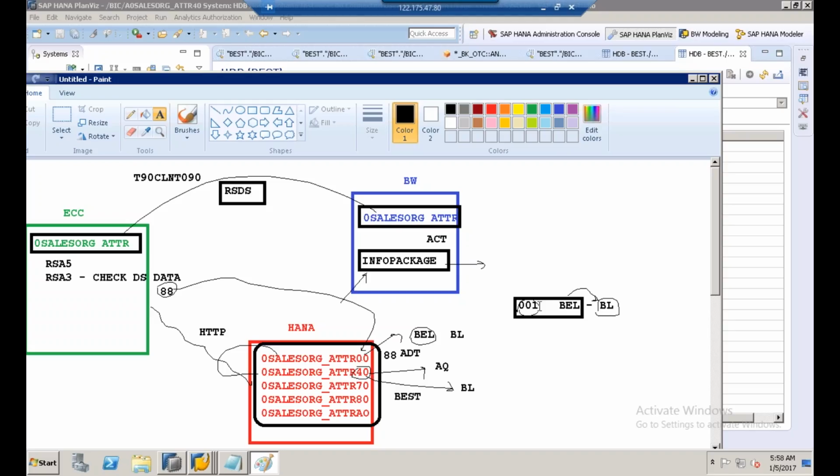So first it will receive data. The 40 table is in a position to receive data. Once it is in a position to receive data, then there is a logic between 00 and 40. If you have a record that is coming with the same key, overwrite the existing record. If you have a record coming with the same key into the 40 table,